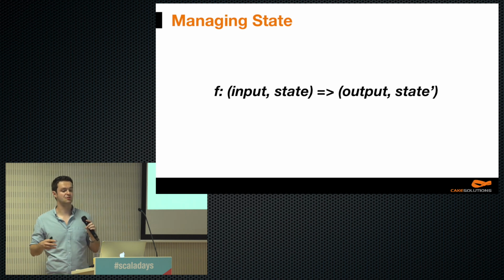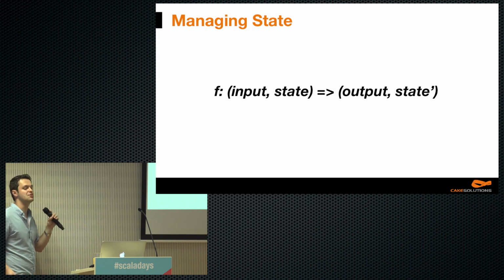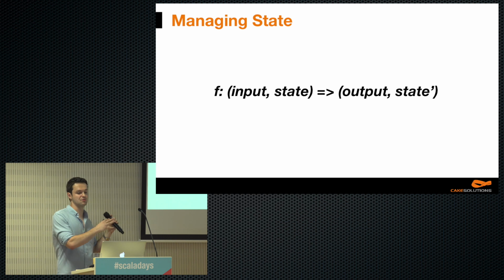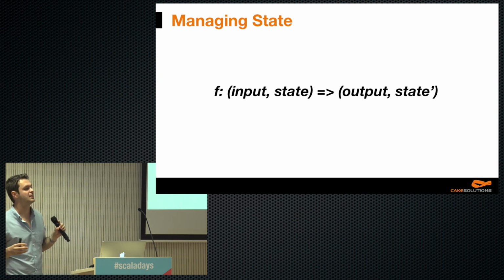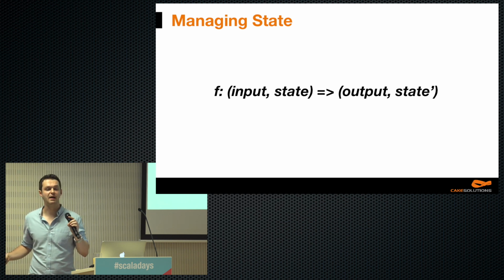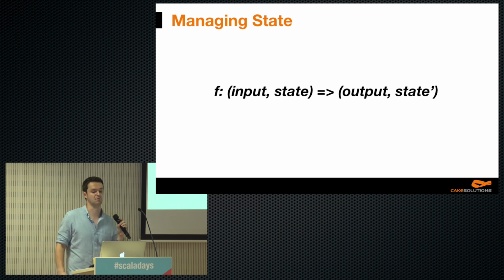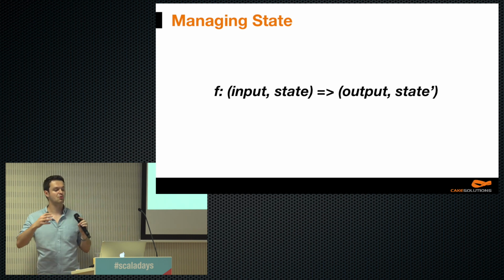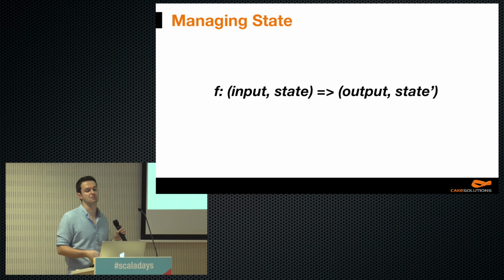Most of the non-trivial streaming applications have some kind of state. In contrast to stateless operations, where we have just an input, then processing, and an output, here we have an input and a state, then we do processing and we have an output with a modified state. We have to manage our state, persist it, and in case of failure, we expect our state to be recreated. The recreation of the state might be a problem, as we do not always have exactly-once guarantees. So some of the records may be replayed multiple times, and this is not what we usually want.